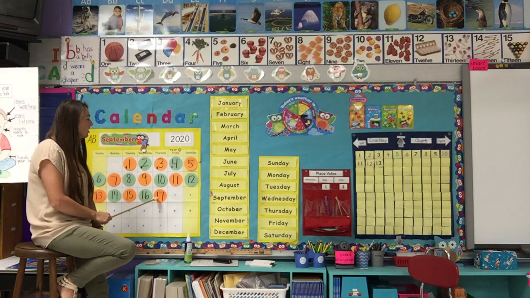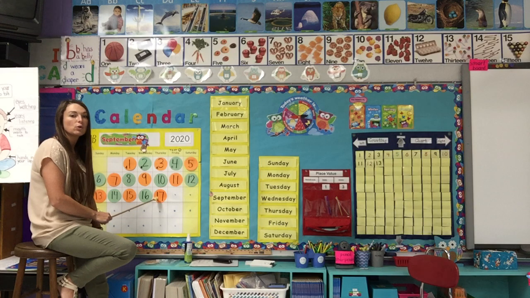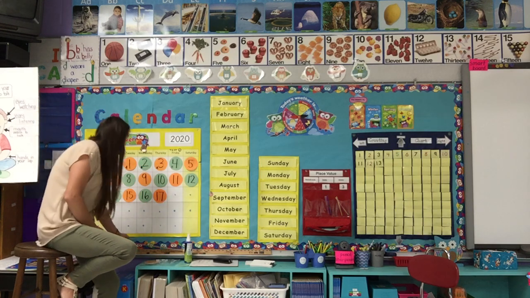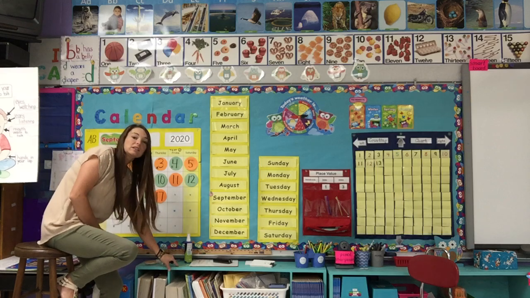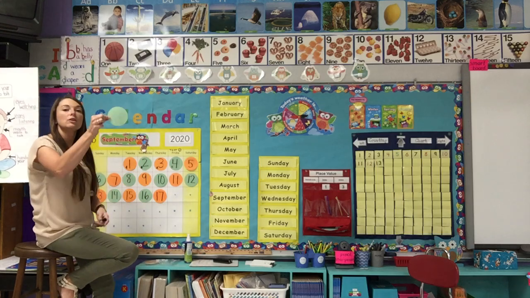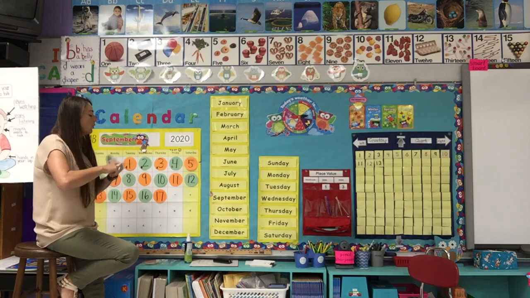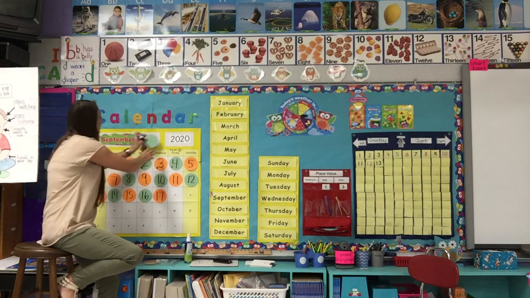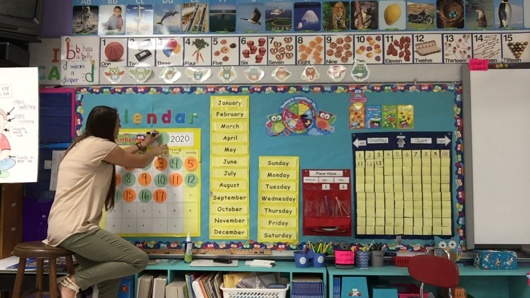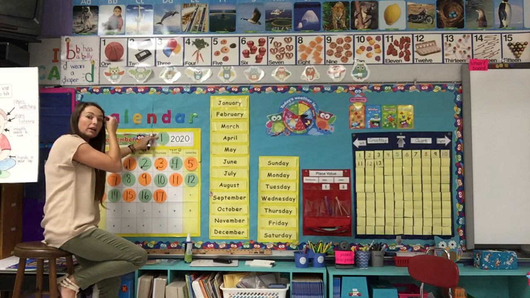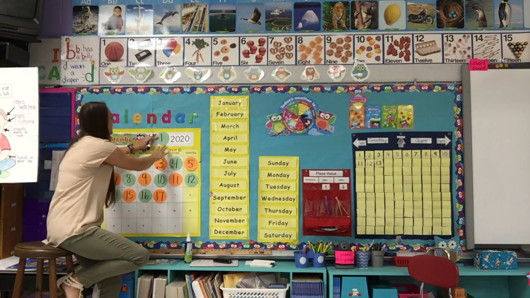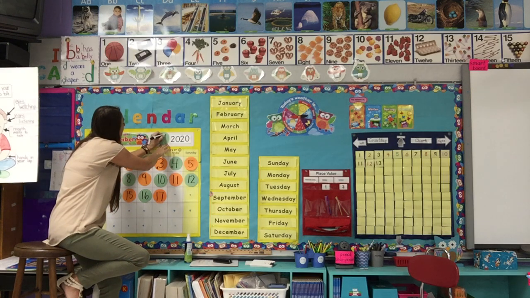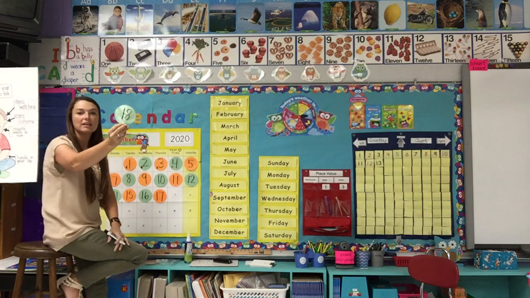So we had orange yesterday. Every time there's an orange, what color do we need next? Green. Very good. So today we have a green circle that we're going to be using on our calendar. And I'm going to write the number 18 on it. I put a 1 first. That tells me in the number 18 I have one group of 10, and then I'm putting an 8 in the ones place. That tells me that the number 18 has 8 ones.